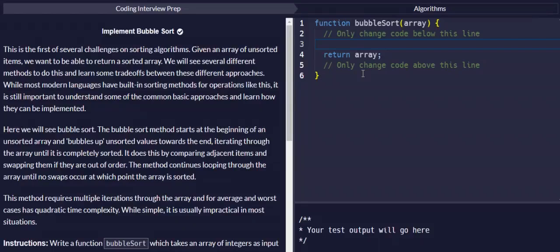Hi guys, RJ here. In today's video, we're going to discuss the implementation of bubble sort, which is a